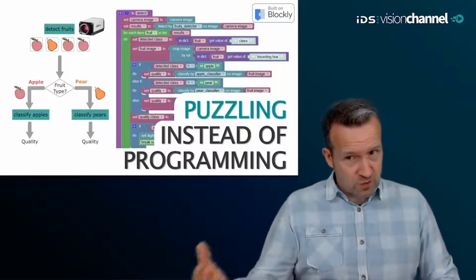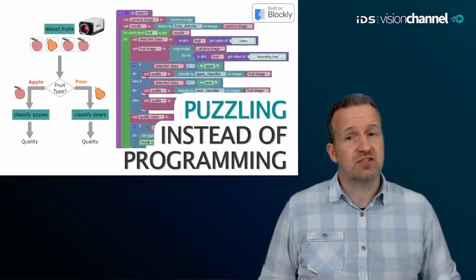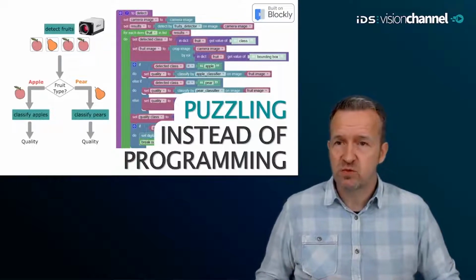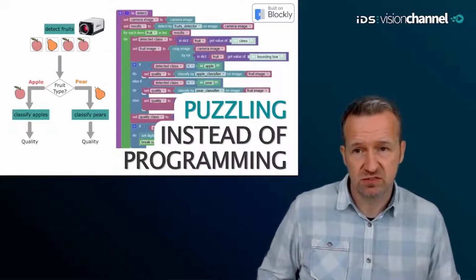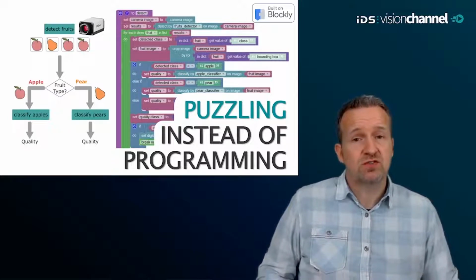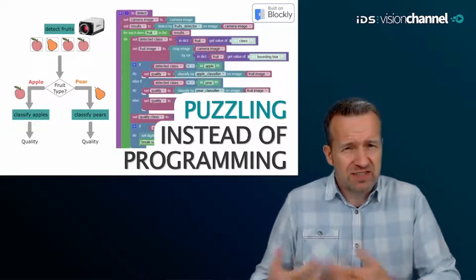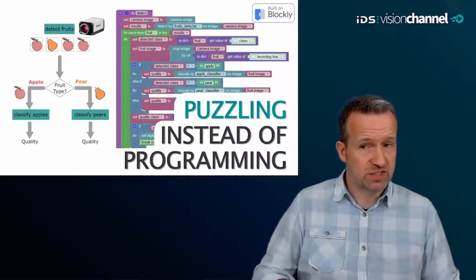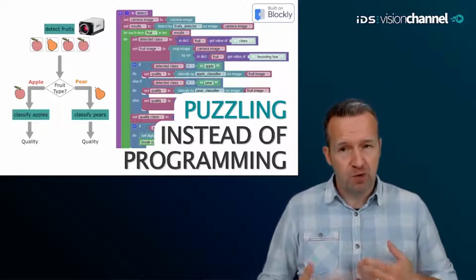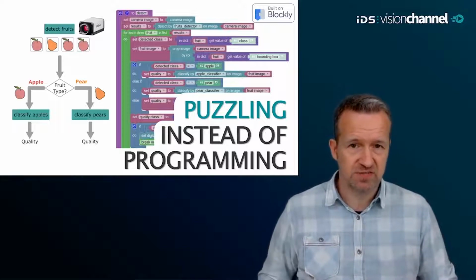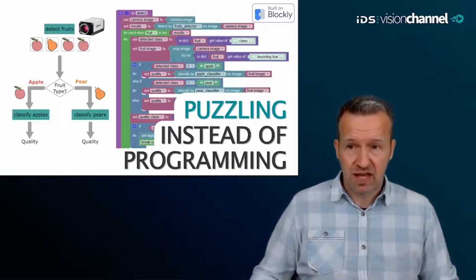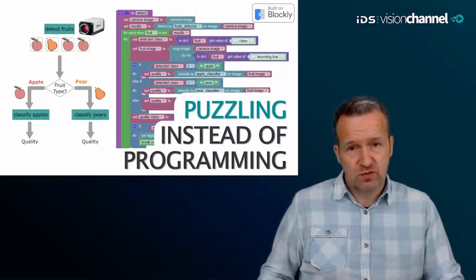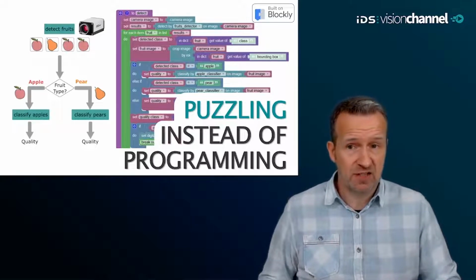However, for some more complex processes, such as this two-stage analysis by fruit type and quality, which then requires several neural networks, you don't have to switch immediately to C++ or another text-based programming language and leave the comfort of IDS NXT Lighthouse. For this purpose, we have developed a block-based visual code editor that uses Google's Blockly library, with which processes can be combined like puzzle pieces to form sequences of any complexity.